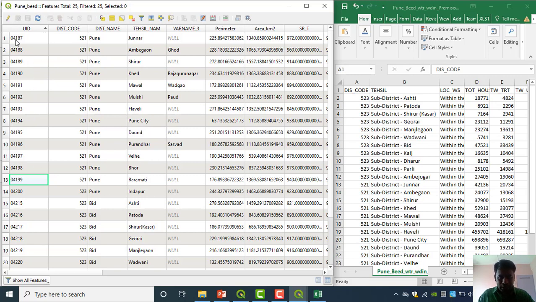But what will happen here in Excel, suppose we try to enter a value starting with 0, it won't take. We know the normal practice of Excel: whenever we try to join data starting with 0, it won't take. Automatically it will convert into a round figure and start from 4180. Obviously, if we do that, the data will get an error. So we have to give the primary key exactly as it is.